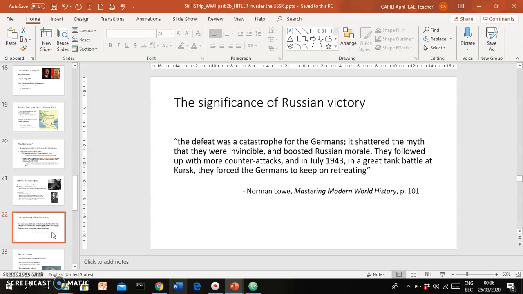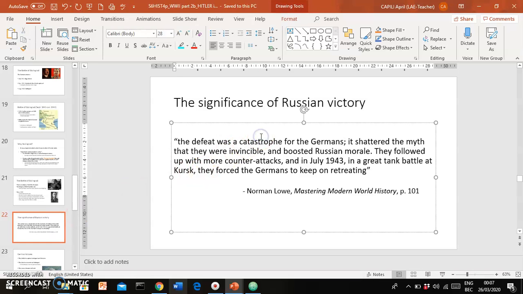Why was this battle significant? It wasn't only because the Russians were finally able to stop the Germans in their tracks. It was also a symbolic victory. The defeat was catastrophic for the Germans, because finally, it shattered the myth that the Germans were invincible. And in turn, this of course gave encouragement to the Russians. It boosted their morale,